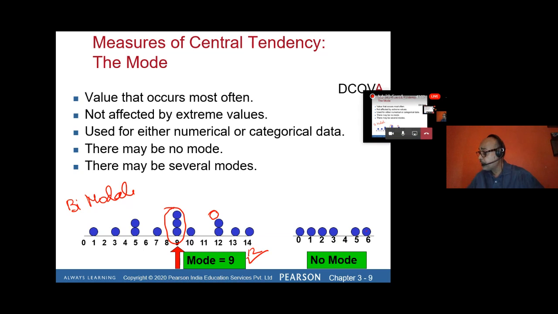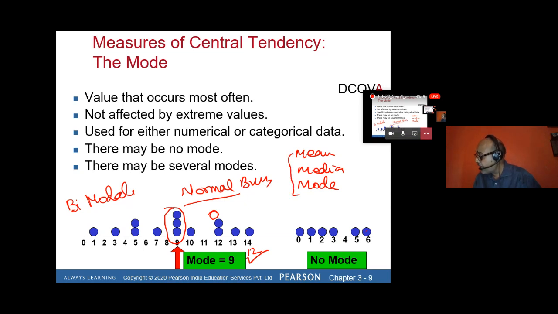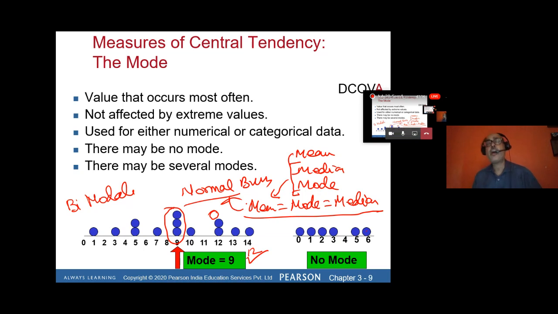As you have already learned, we learned mean, how to calculate mean, which is the average, median, and mode. So for a normal business, which one is better? For a normal business, please note down all of you, mean, median, and mode, all three have to be equal. Mean has to be equal to mode, has to be equal to median. If this condition is fulfilled, then we can say my business is normal. It is one of the most important conditions of a normal distribution of a business.